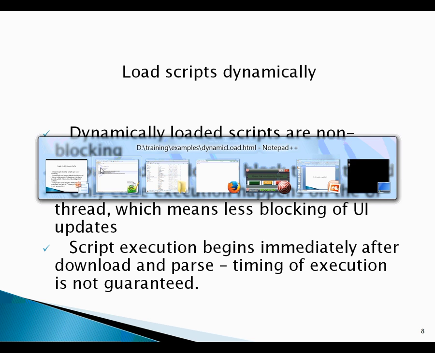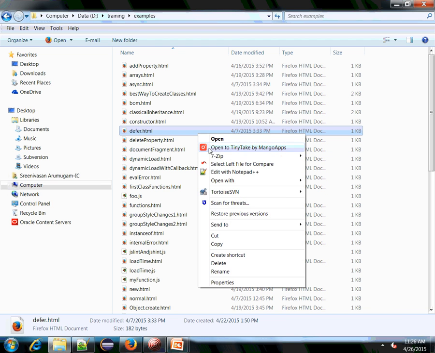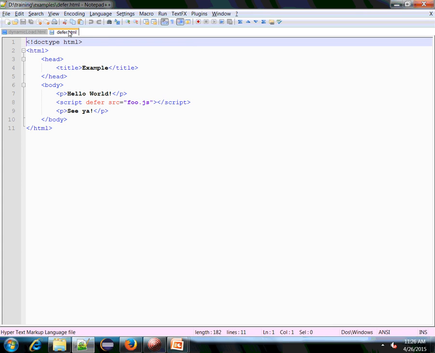So let us take a look at the defer, how to specify the defer attribute for HTML files which are trying to import a JS file. In this case, hello world and your message that is following the script tag will be executed immediately, and your defer JS file will wait until all the UI updates are executed, and as the last phase it executes